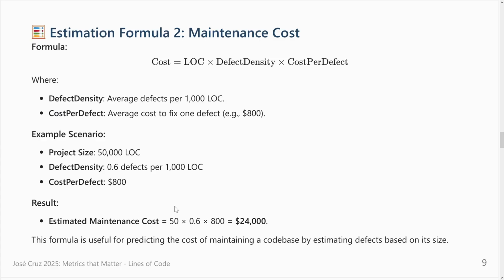So if you do the math, you can say, okay, for these lines of code that I want to fix, it's a project with 10,000. In this case, it was just less. I'm trying to guess how much it costs for this one, for 50 lines of code, let's say it's 50,000. It will take me 24,000 euros, dollars, or whatever the money is. Okay, that's a formula that you can use to estimate how much you can spend on fixing your project.